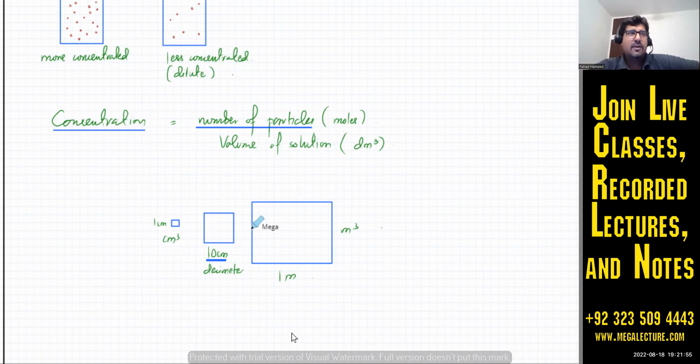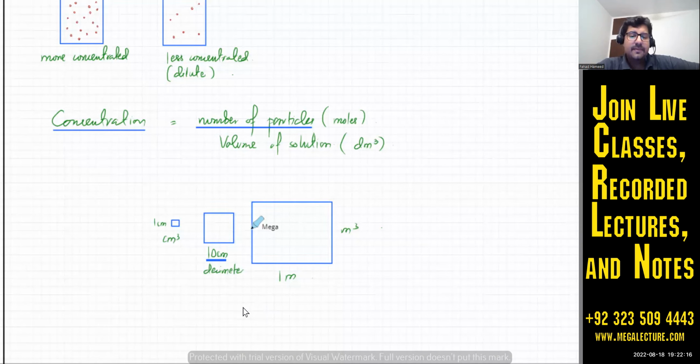If you have to count pages in a copy, you're not going to use billions for that. You'll use hundreds as a unit, right? Because it would be completely pointless to count the pages in a copy using the unit billions. Although you can do that, it would be pretty pointless. So